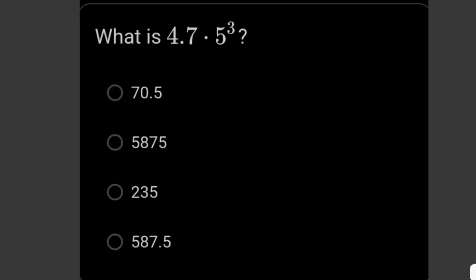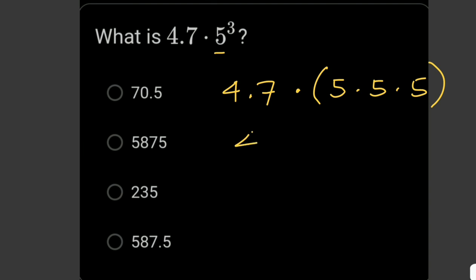What is 4.7 times 5 cubed? So remember to follow PEMDAS, the order of operations. We solve for the exponent first. So 4.7 times 5 cubed can be written as 4.7 times 5 times 5 times 5. So 5 times 5 is 25. And 25 times 5 is 125. So this is just 4.7